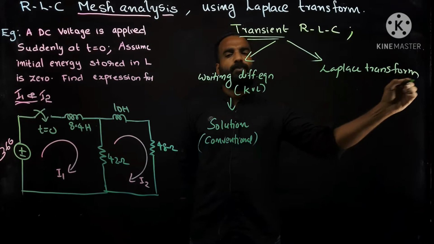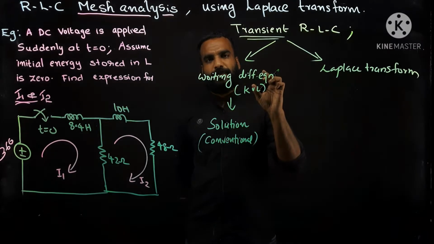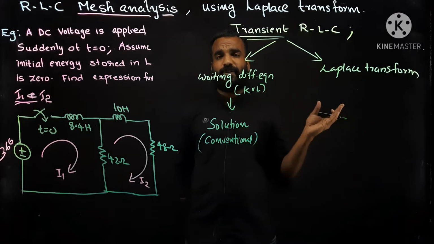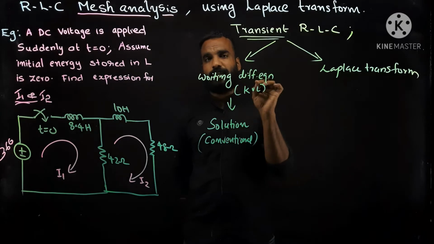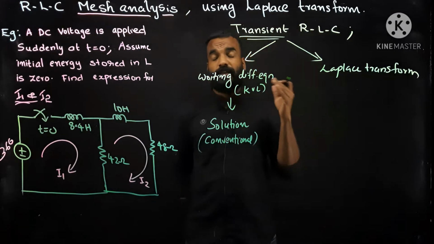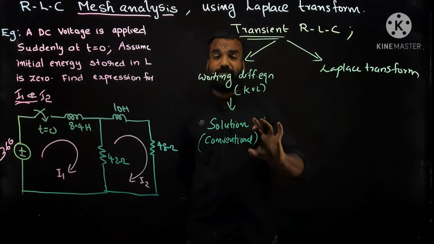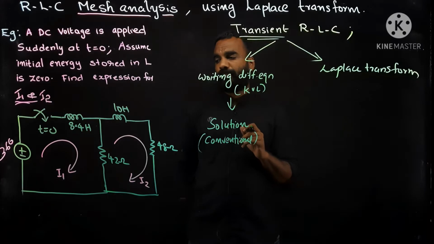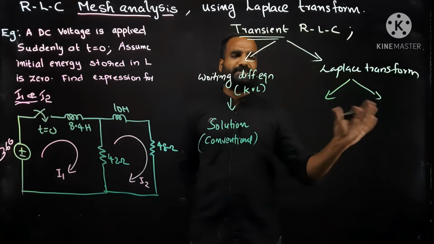In the second module, we did this analysis where the integrating factor is determined. We will find the residue A by putting I of 0 in I of t, equate it with the initial condition, and find the complete solution. That is the conventional method. But in the Laplace transform method, there are two sub methods. Actually, both these methods are the same.